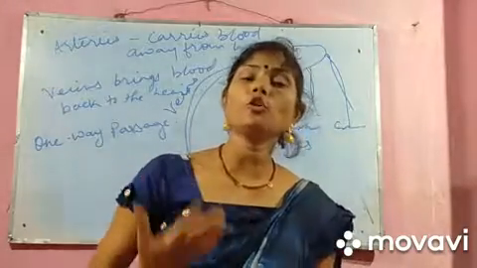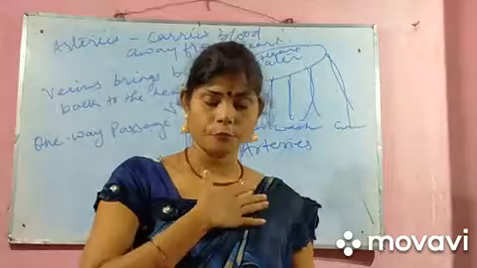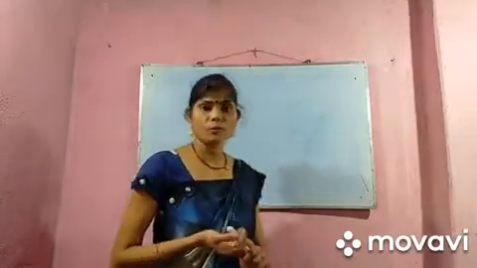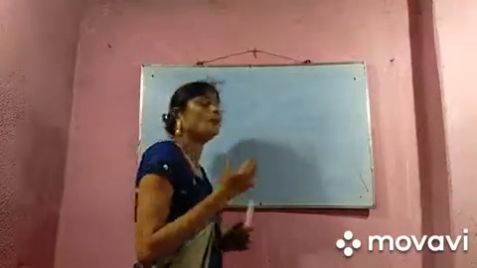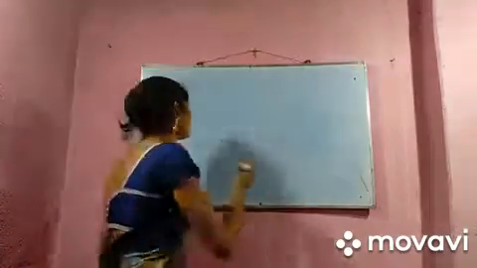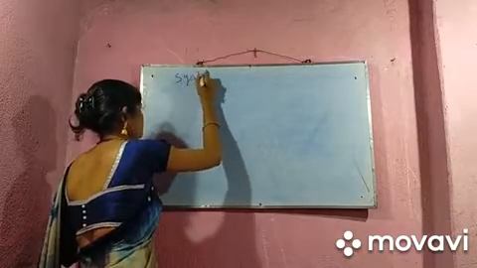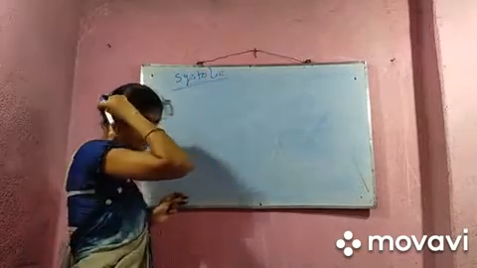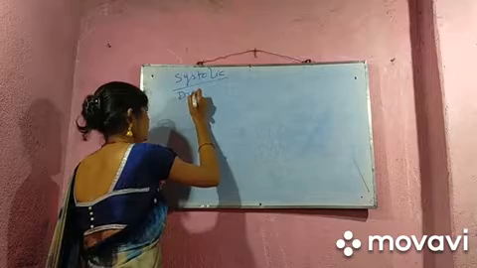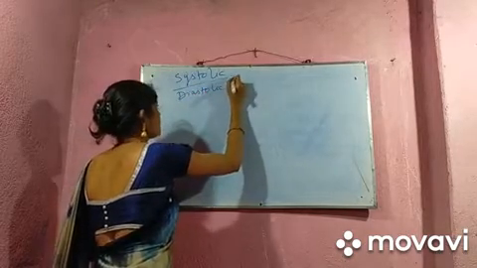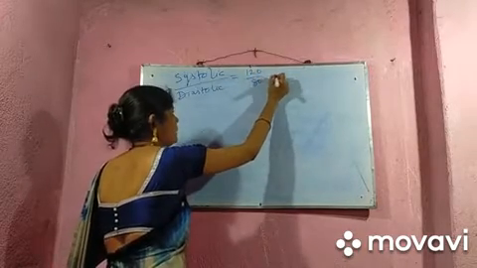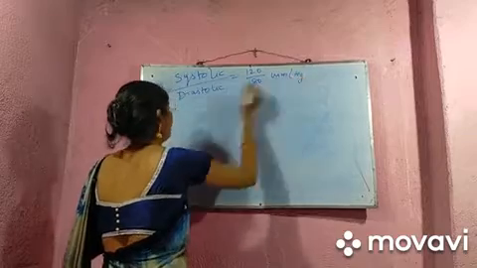Now we will read a little bit about the flow of blood. As I said, when the blood is moving from your heart to the different parts of the body through arteries, it is called the systolic phase. And when this blood is again coming back to the heart, it is called the diastolic phase. Then systolic pressure is always 120 and diastolic is 80 mm Hg. It is your blood pressure.